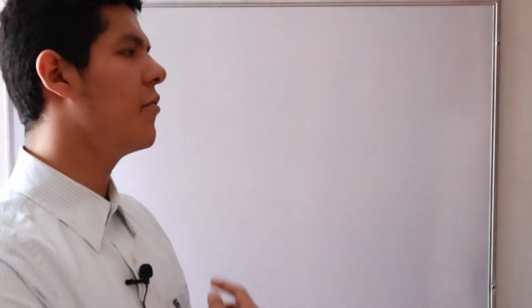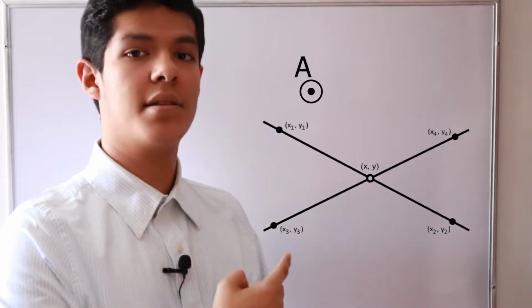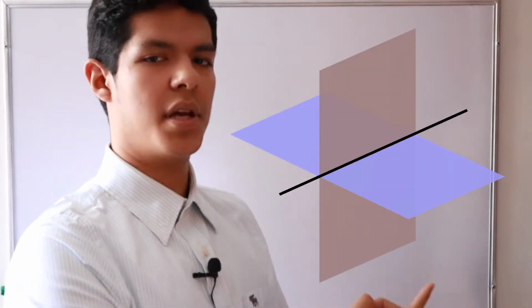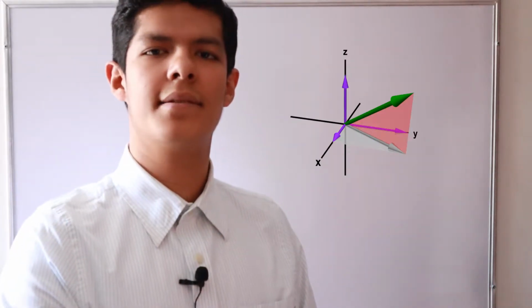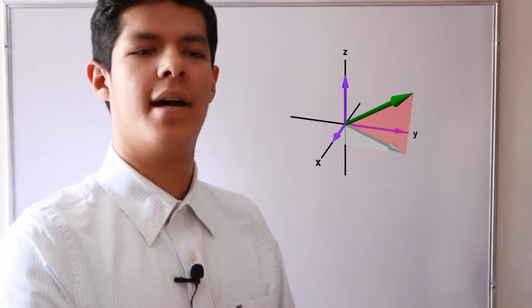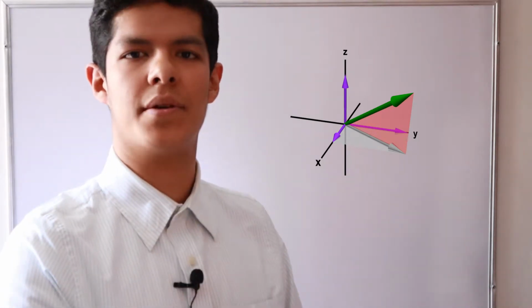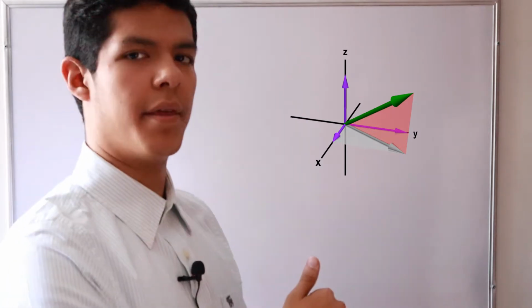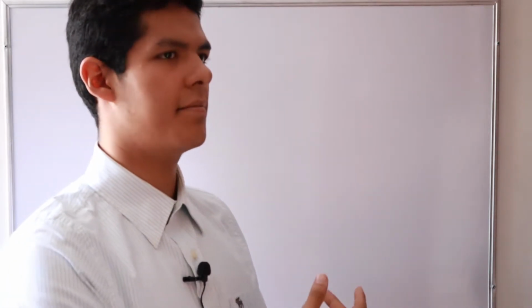So for example, if we define a point as the intersection of two lines, and a line as an intersection of two planes, but a plane we define as a set of points of two dimensions, length and width, we have a cycle, because we have to have a convention of what is to be taken as a notion.